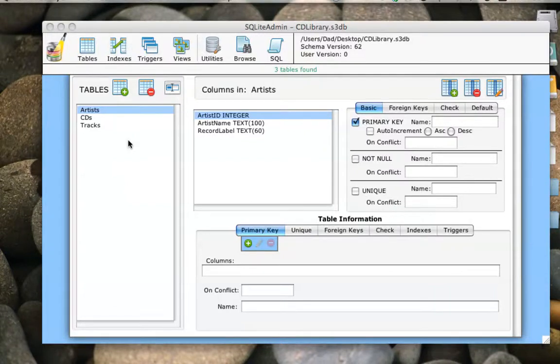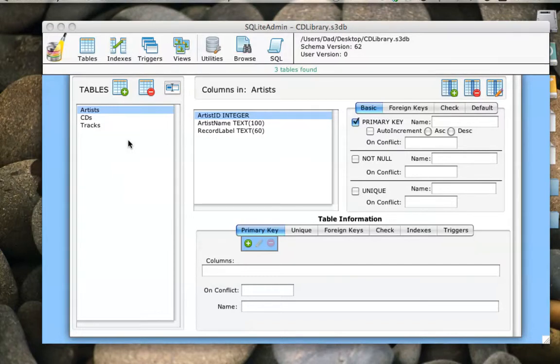Alright folks, welcome to this video in a series of videos about using SQLiteAdmin to maintain your SQLite databases. We've covered most, probably all actually, of the schema maintenance issues: creating, modifying, dropping various schema objects. So I'm going to move on to what SQLiteAdmin can do for you in terms of maintaining the data